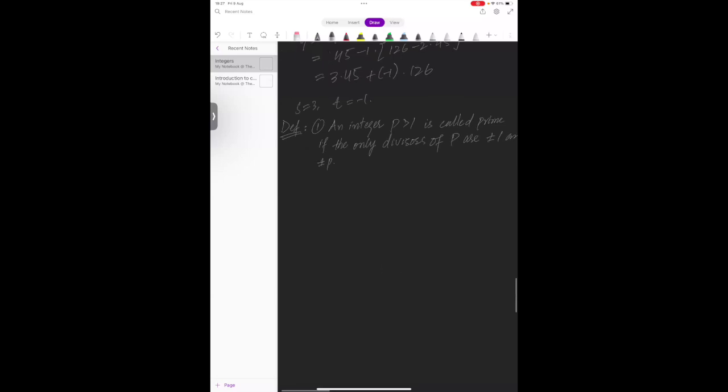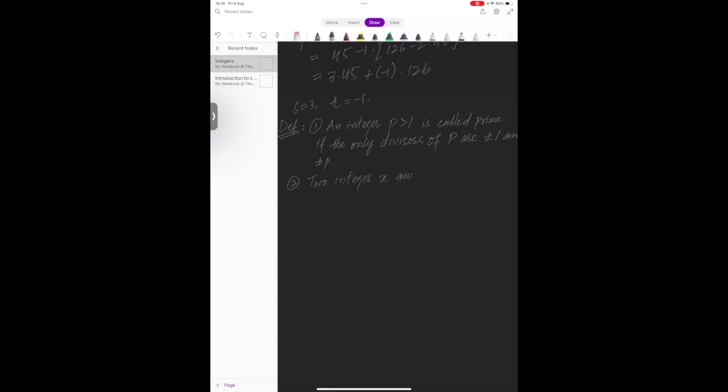Number 2, two integers x and y are called relative prime or